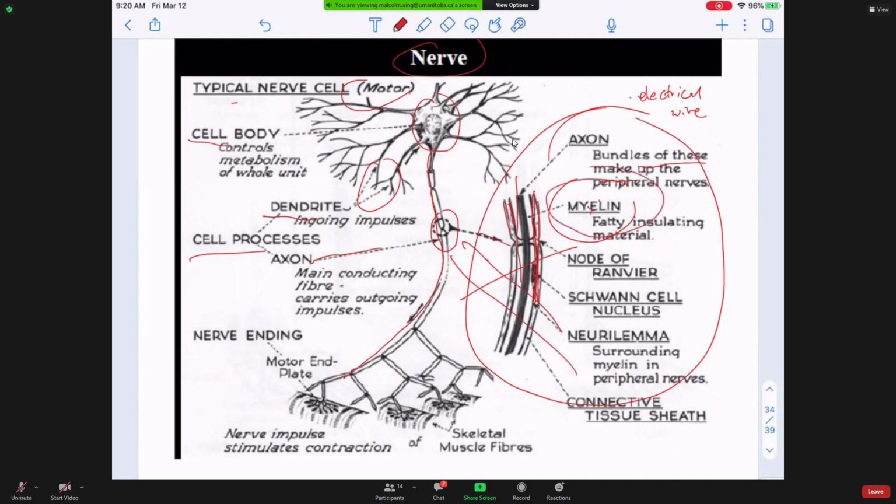But we have nanofiber polymers, polypropylene, PCL, to provide the insulation layers. And the nerve endings, like the motor end plate here. So the nerve impulse stimulates contraction, and it is also good for skeletal fibers. So generally, it's in the central part of the cell body, but from the axon. And meanwhile, if we get signals from the dendrites, and then give a signal to the muscle.